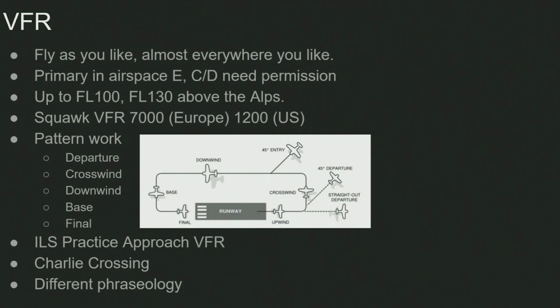So you want to do a Charlie crossing, you go on the frequency of the approach controller, and then you say, München Radar, hello, Delta Echo Charlie Oscar Mike. And there it ends. Because as VFR, you have to wait until the controller has time for you. And then the controller will say, Delta Echo Charlie Oscar Mike, München Radar, Servus, go ahead. And then say, yeah, Delta Echo Charlie Oscar Mike, we are Cessna 172, 2 persons, request Charlie crossing from north